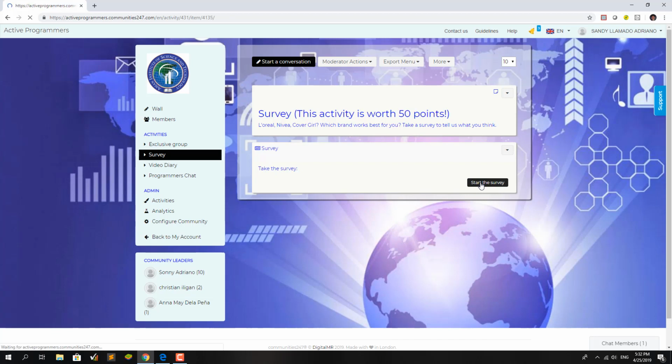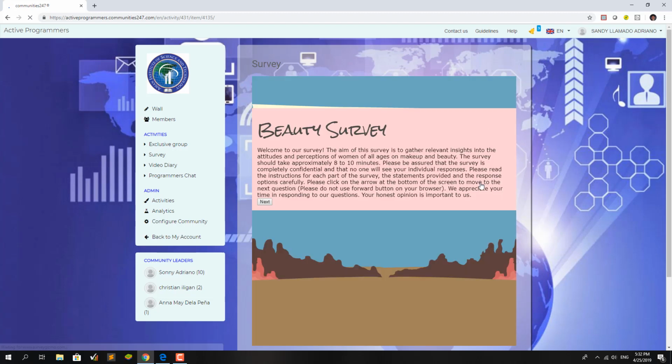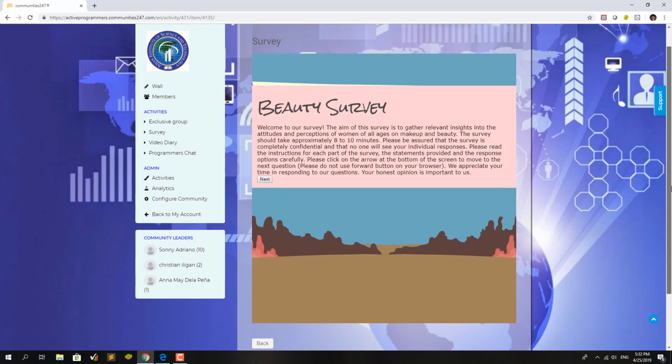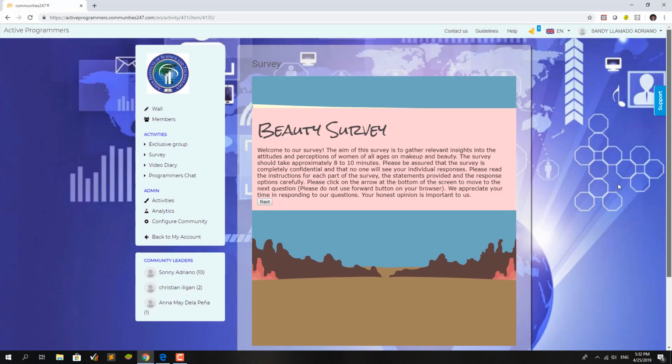So if you click on this button here, it will show you the survey, and as you can see, it fits exactly in the platform as if it's created inside the platform. But actually, this survey is from an external link from SurveyMonkey. So managing the survey is not part of the platform, but you can easily integrate or embed your external survey into this platform.